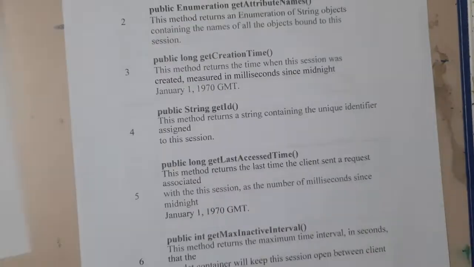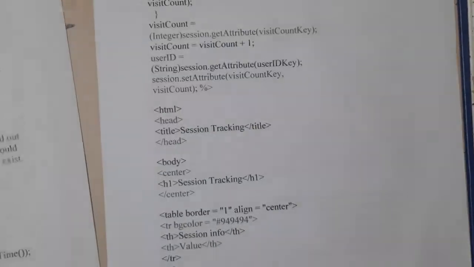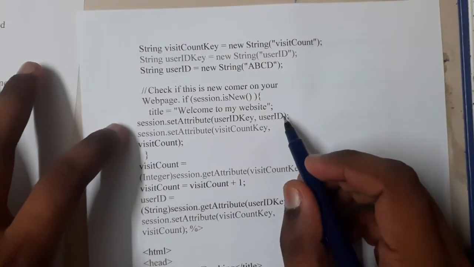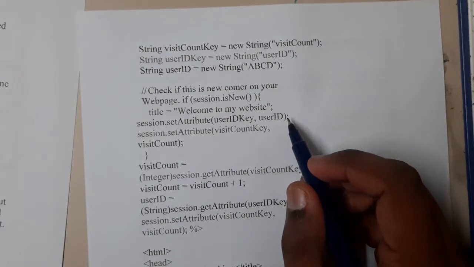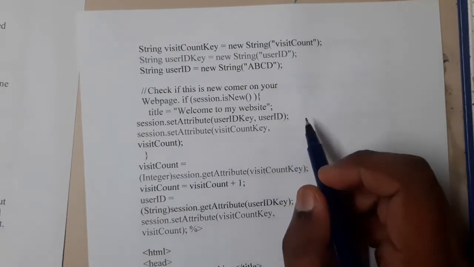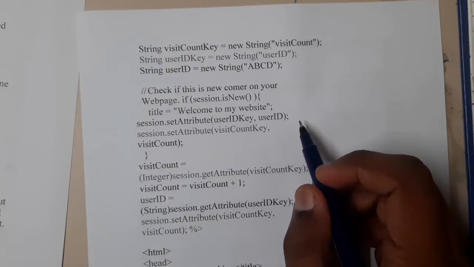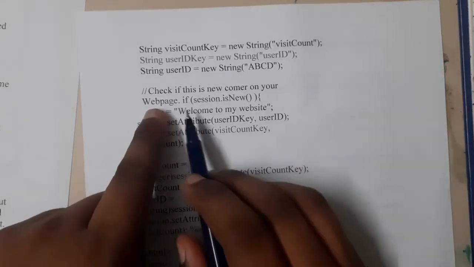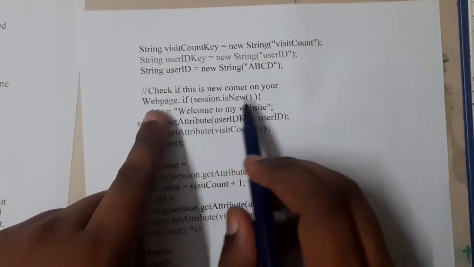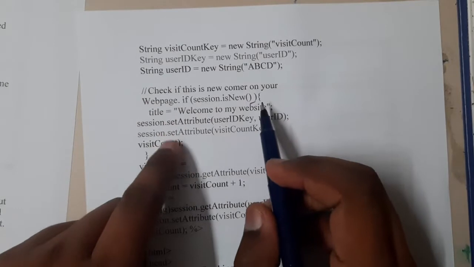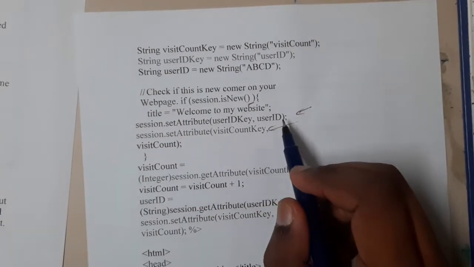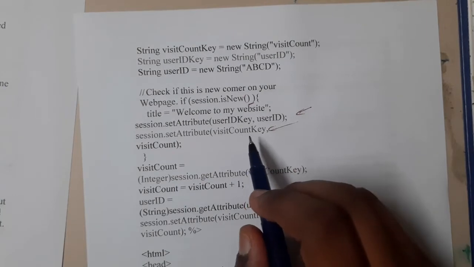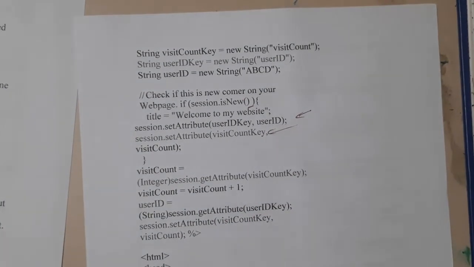Basically here, I'll be showing you the original example. Initially, you will be creating the session, guys. Where did we create it? Just give me a second. I think here we didn't create it. Here we get it: web page dot if a session is new. If a session is new, it is indirectly created, and then we are setting the attributes, guys. Set attribute user ID and set attribute visit counter key. In that way we'll be writing.